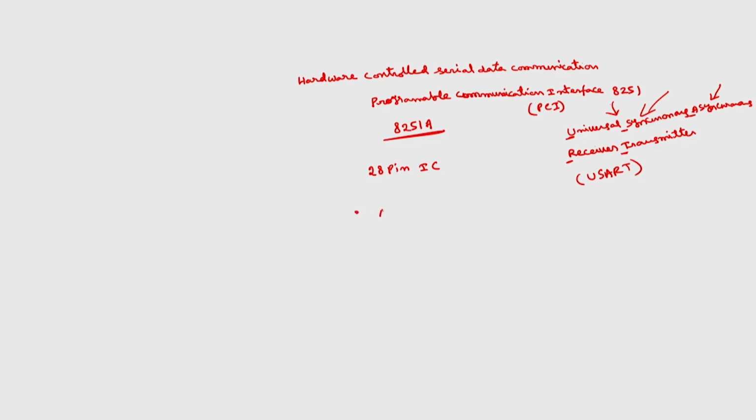One block is called address buffer block, then it will be having read write control logic. Normally in most of the peripherals these two logics will be common. Then it has a modem control,